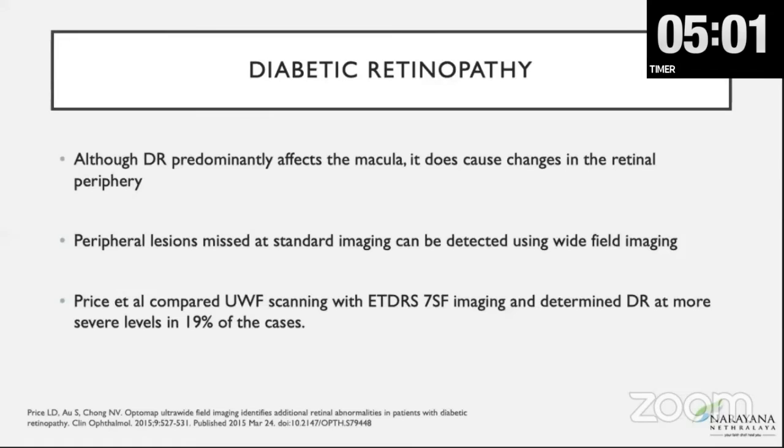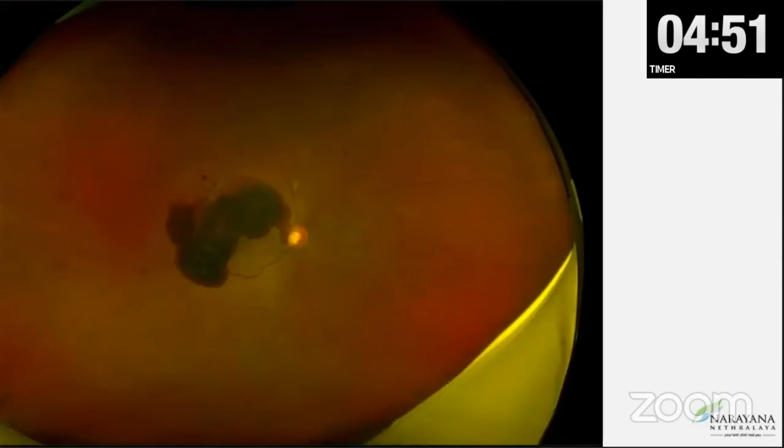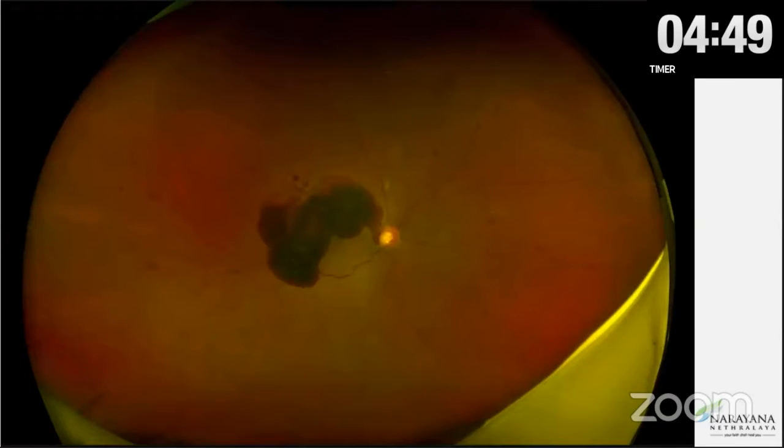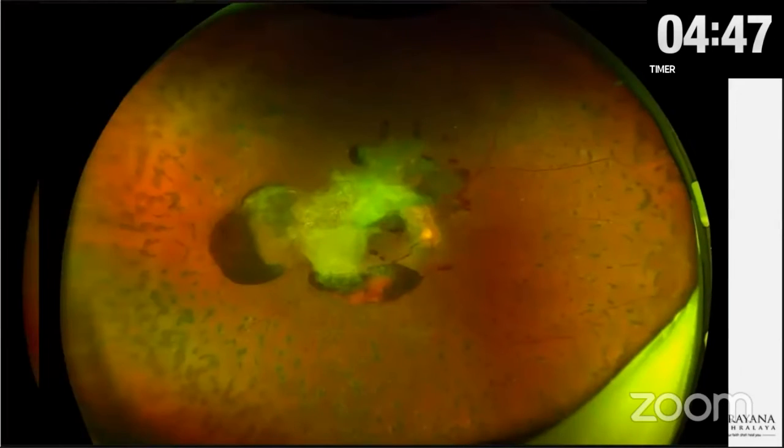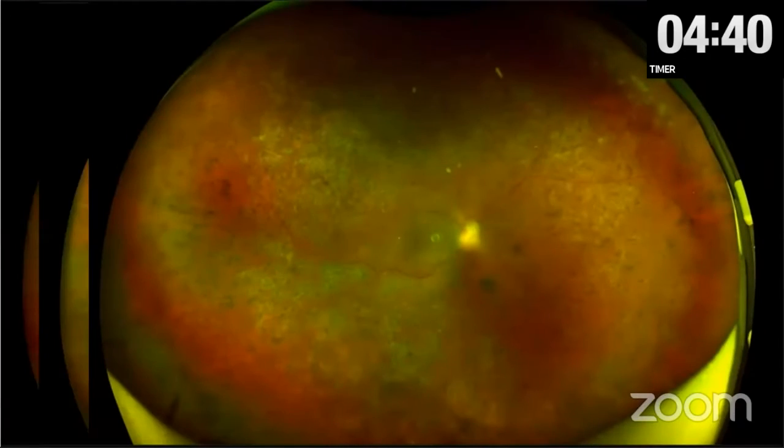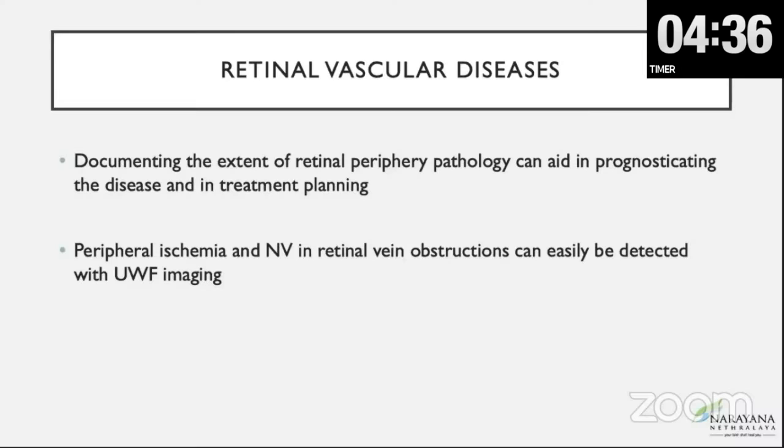Now, some other examples in retinal diseases, especially in diabetic retinopathy. Although it predominantly affects the posterior pole, we do know that the periphery is very much involved, and that could be missed with standard imaging. So this is one patient where we've imaged and seen the progression over time. Though the patient had been well lasered, we can see how the disease has become extensive, and subsequently with treatment and surgery, how he has improved now.